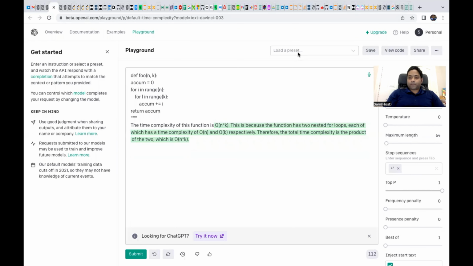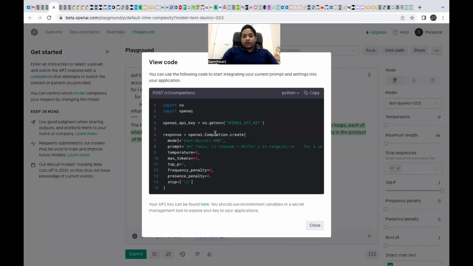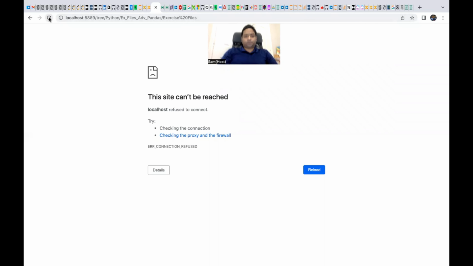For example, if you click on view code, here you can see how this particular example application is formed. All you need to do is generate an API key, which I showed you at the beginning of this video. Once you generate your secret key, all you need to do is call the OpenAI library through your Python function, and the API will help you call the model, and you can pass information. If it sounds a little confusing, let me show you how we can do that on a Jupyter notebook. So I'm going to log in and go to my Colab